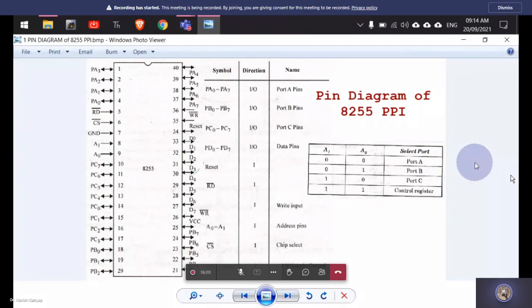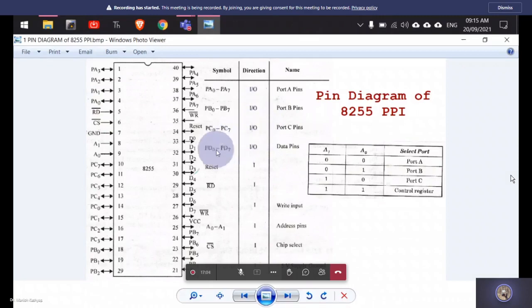microprocessor, right? So on this table, you can see the summary is written here. Then PA0 to PA7, which stands for port A lines. It is input output. I mean, it's a bidirectional port, but it is not that it will always remain bidirectional. You can choose it to be either input or output or bidirectional at a particular time, right? And for that, we have several modes inside 8255, which we will discuss soon. Similarly, port B and port C are also of 8 bits and they are also bidirectional in nature, but at a given point of time, they can work either as input port or as output port or as bidirectional ports, right? So port A, port B, port C are there.